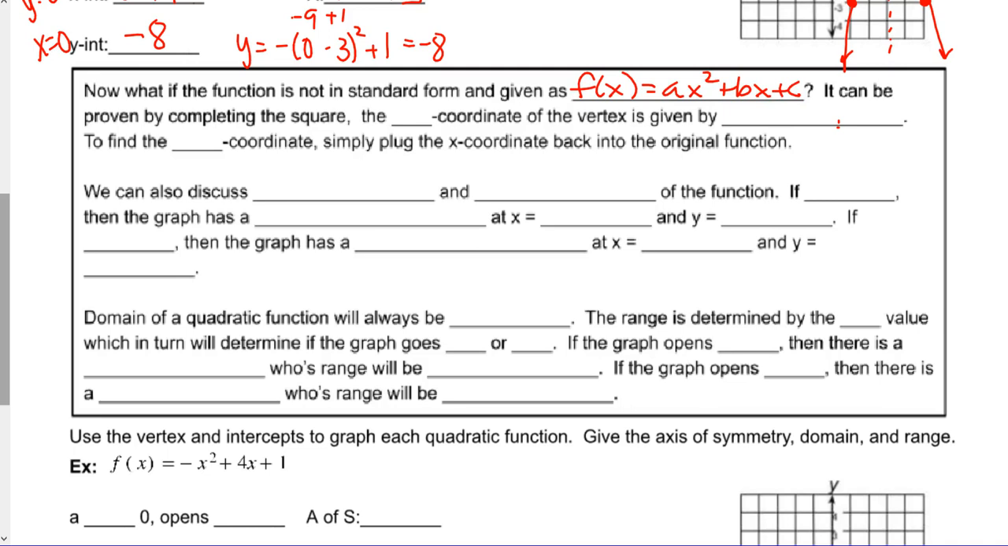It can be proven by completing the square that the x-coordinate of the vertex is given by x equals negative b over 2a. Now, once you know what that number is, to find the y-coordinate, we're simply going to plug that x-coordinate back into the original function to find the complete xy point for that. Now, we can also discuss maximums and minimums